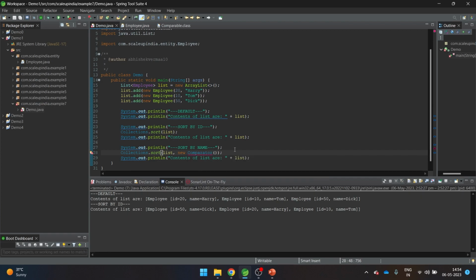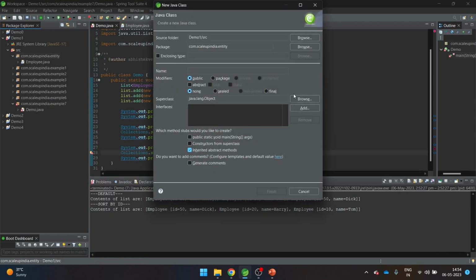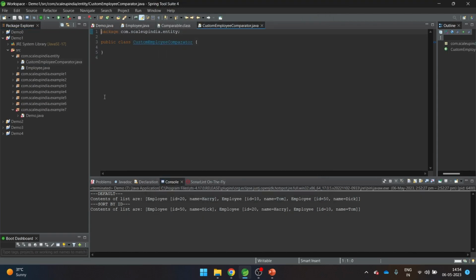Now since this comparator is an interface, you cannot directly write it. First we need to extend a class. So let's create a class, guys. So we'll say new class, and here let's give it a name like custom employee comparator. So this comparator name is finished here,